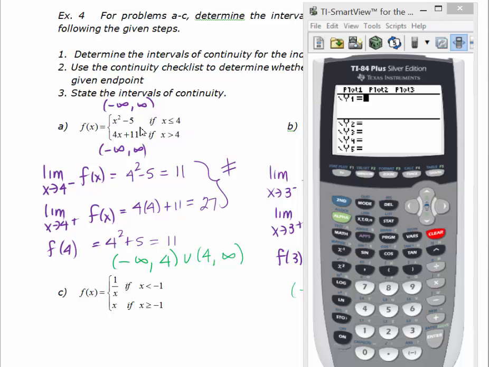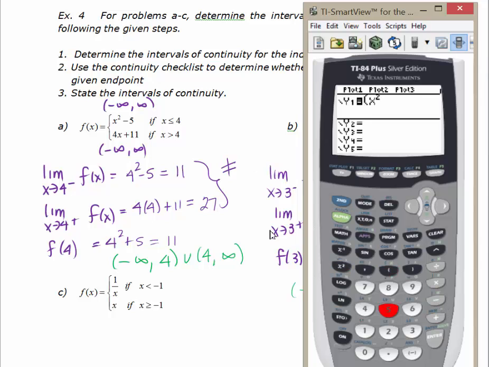And so the first thing you do is, in y1, we'll type in x squared minus 5 in parentheses. So x squared minus 5, close the parentheses, and then I'm going to multiply that by the parentheses x is less than or equal to 4. So we have to have closed parentheses,